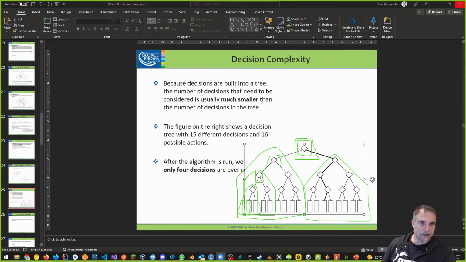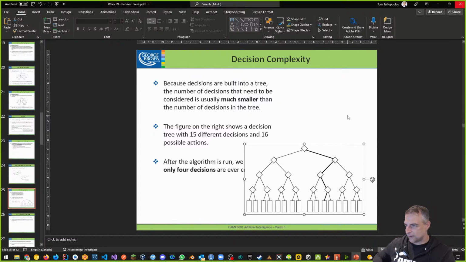All right, so I'm showing you this because I want you guys to think about how do I implement this thing? How do I implement the tree structure in the first place? All right, so